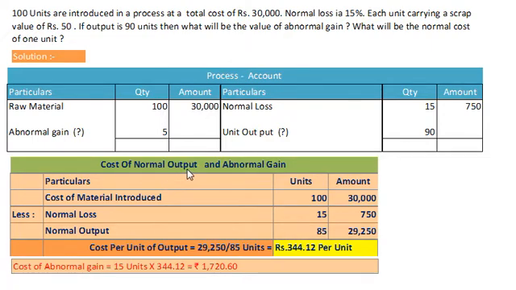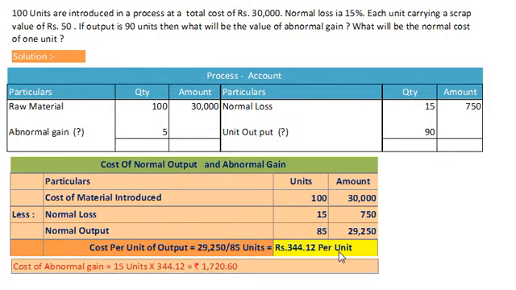Cost of normal output and abnormal gain. Particulars, units and amount. Cost of material introduced 100 units and amount rupees 30,000. From this we will deduct loss realized, that is normal loss, 15 units and 750 rupees. So finally our normal output amounts to 85 units and cost 29,250. So our cost per unit of output, normal output, amounts to 29,250 divided by 85 units, that is rupees